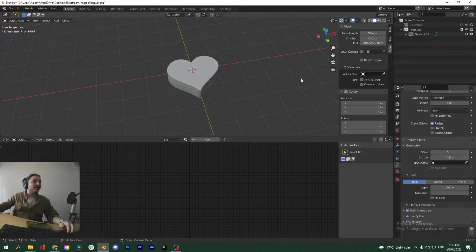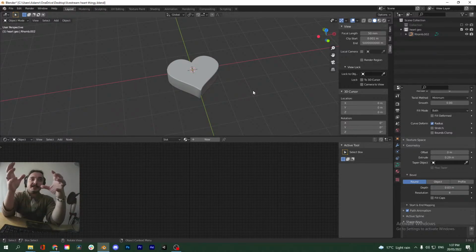Hope you learned something. Camera projection, the UV projection method that I was showing you earlier, is very heavily used in visual effects, especially in compositing. Sometimes you might just have a camera on a tripod, and then the director says, oh, we need to give the scene a little bit of movement. Then that's what you do. You basically build out the geometry of your scene, project the image onto it, and then you're free to move the camera. Obviously not too much, as I showed you. You will get some distortion around the edges.